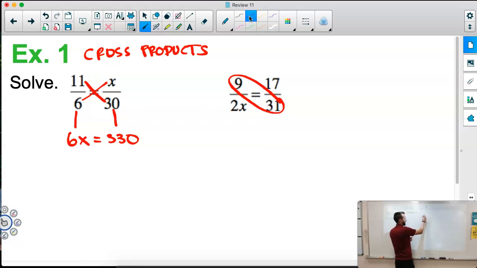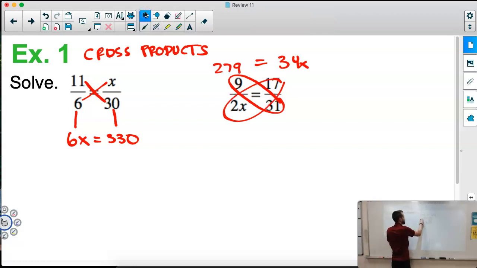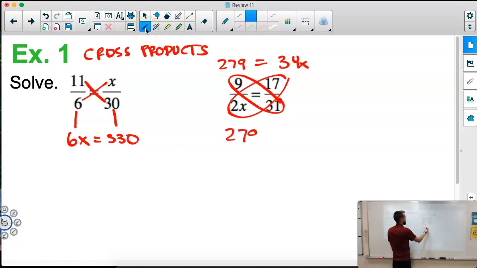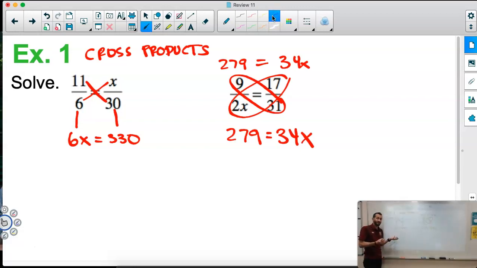So 9 times 31 is 279. And then 2x times 17 is, 4, carry the 1, 34x. You kind of see it written in 2 different ways. This is really the same thing, no matter which way you do it. People call this one the butterfly method because it looks like a butterfly. But the idea is you're multiplying the top left by the bottom right, the bottom left by the top right. And once you have these set up, we're going to solve using inverse operations,